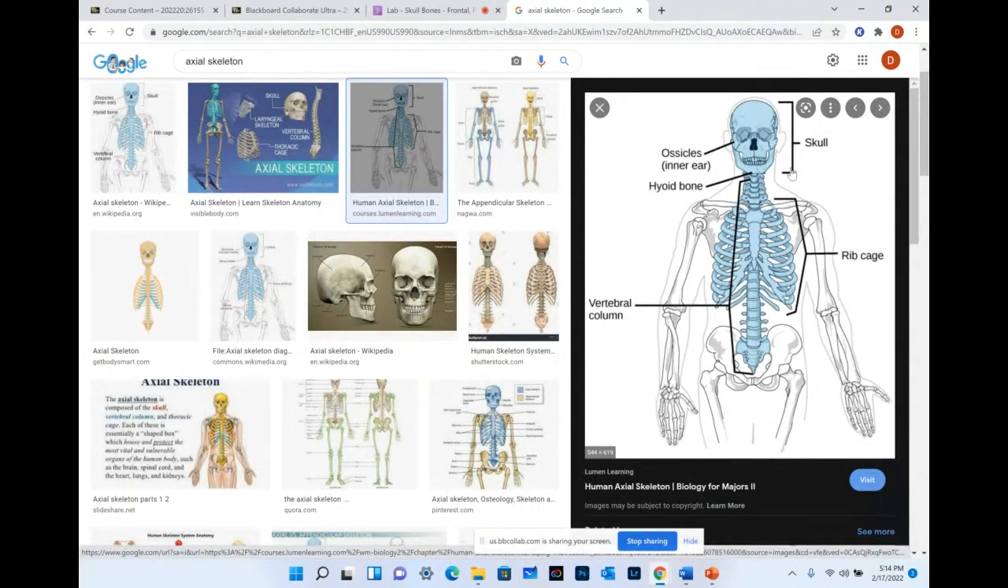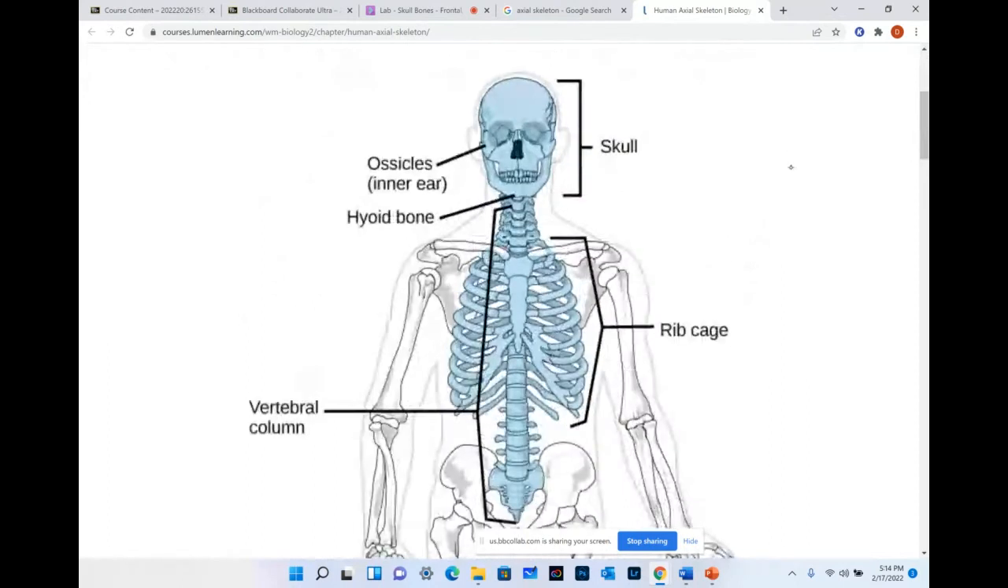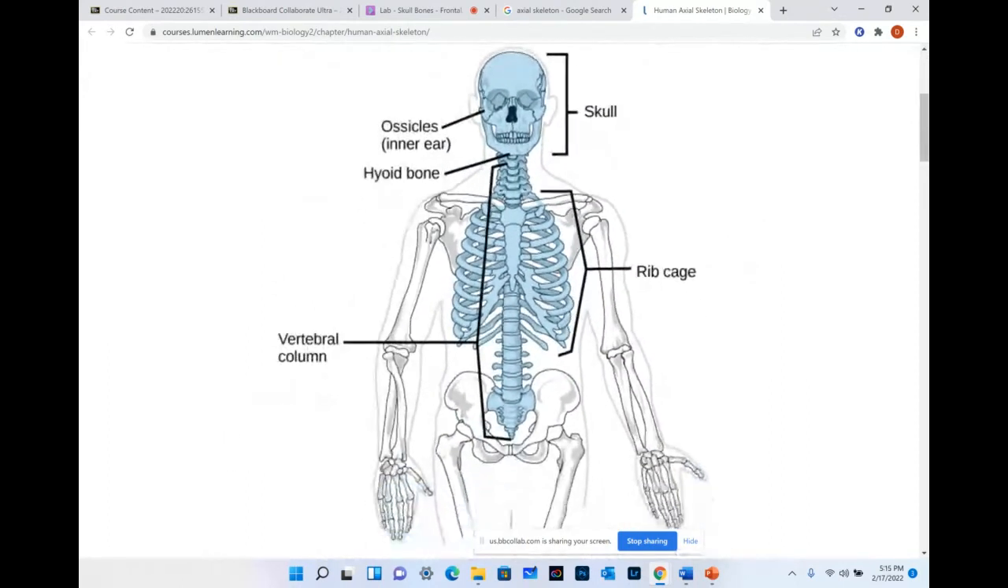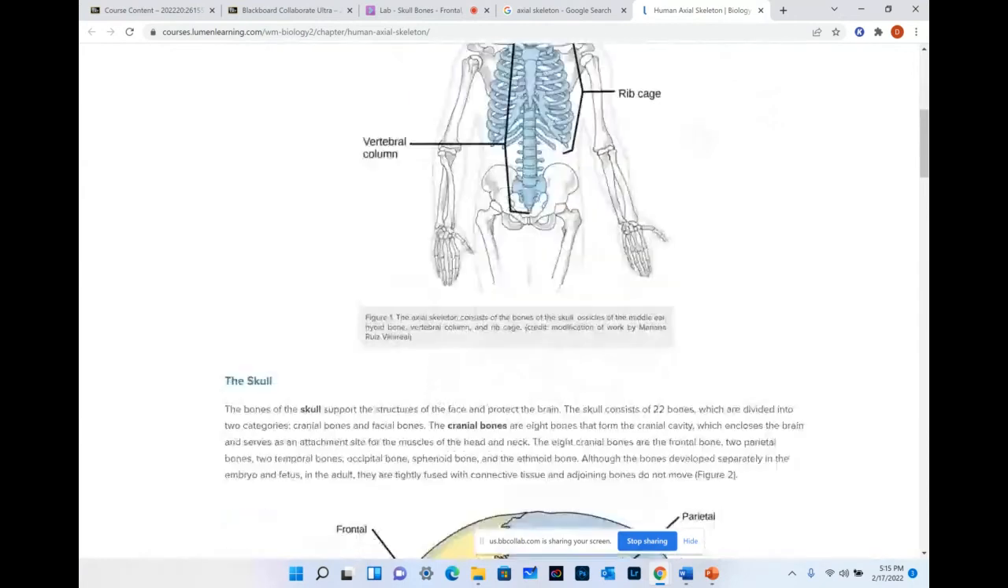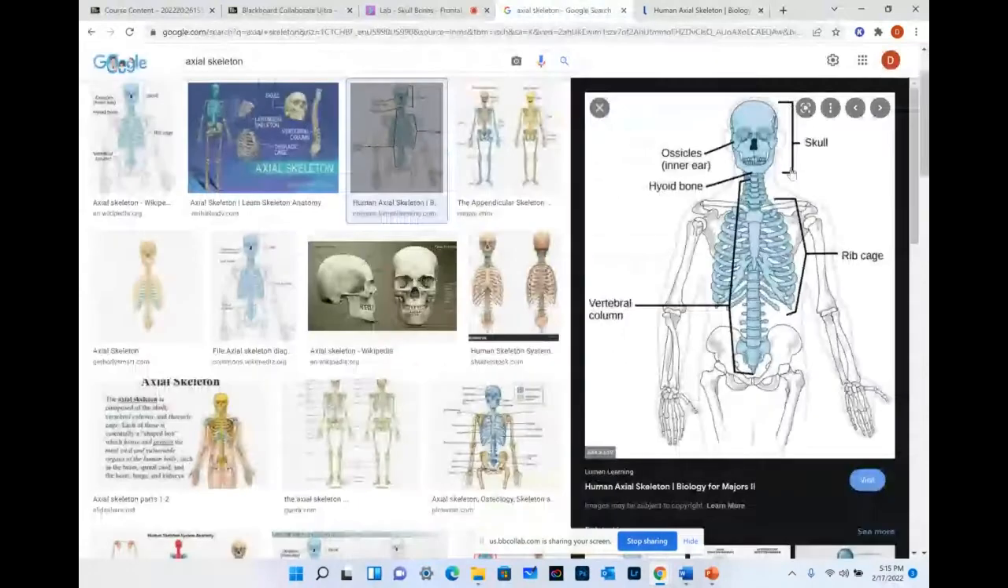Okay, so this is a good example of your axial skeleton. It consists of, as you can see, the skull, your vertebral column, your ribs, your sternum. All this makes up your axial skeleton. Of course, your mandible. And then the hyoid bone, which is not very clear over here, but